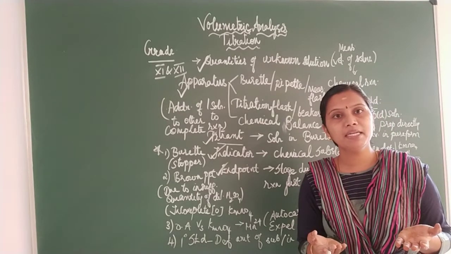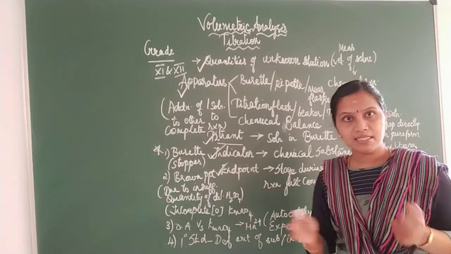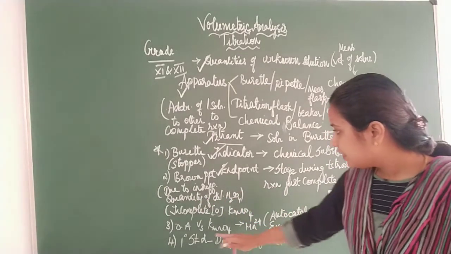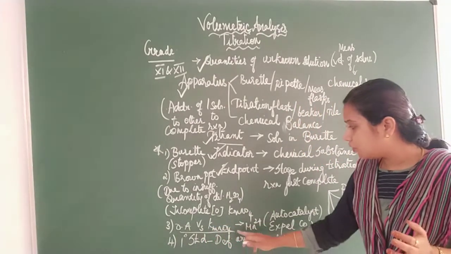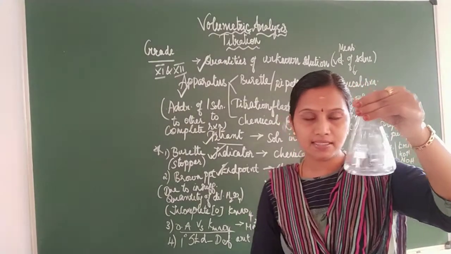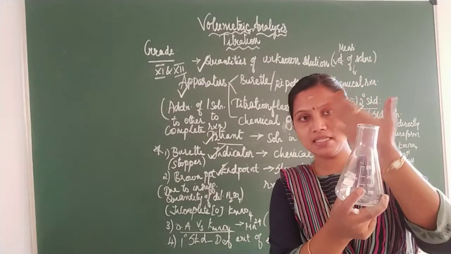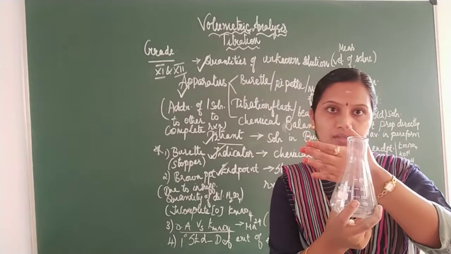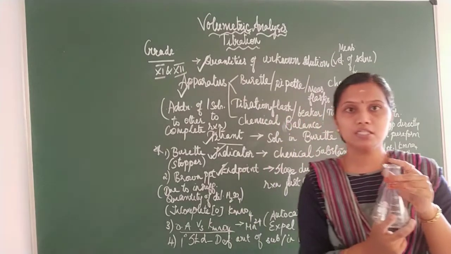Why is it incomplete? Because the quantity of dilute sulfuric acid is not sufficient. Then, if you are using oxalic acid against KMnO4, in those cases I need to heat the oxalic acid and just touch it with the backside surface of your hand. It should be hot. Then only should you proceed with the titration, because the reaction is very slow.